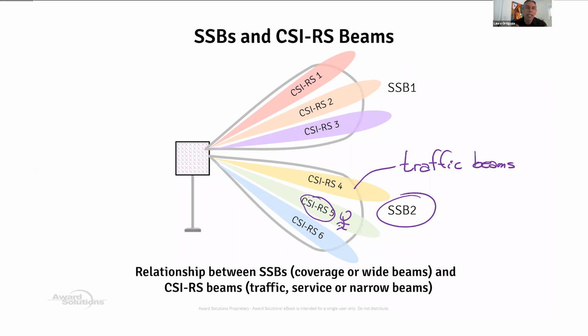Tell me how many layers you can hear. Tell me the rank indicator, how many antennas can you distinguish? Tell me the layer 1 RSRP. Remember, this is really fast. And also, tell me the traffic beam number. And in some occasions, the gNB might also ask grandma and tell me